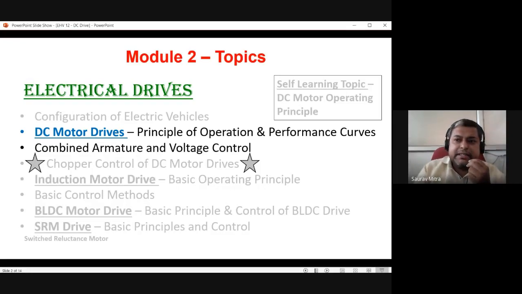Third one is BLDC. BLDC is an advancement of the DC motor. A DC motor has mainly two coils and a brush commutator arrangement. The brush commutator arrangement makes the motor heavy. BLDC is brushless DC motor, so there is no brush, which makes the motor a lot lighter. And this is used where the application is electrical drive,